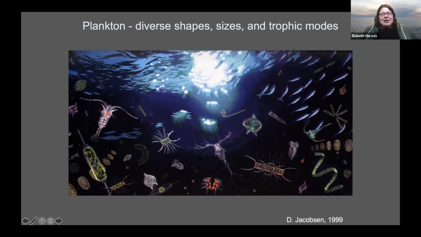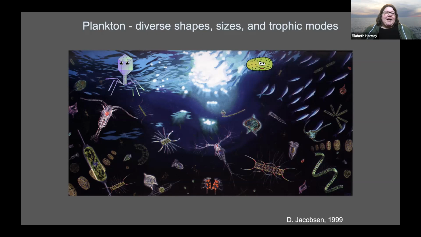Clearly we have fish and copepods and diatoms and microzooplankton. Not everything is to size in this picture, although giant copepods like this might be really interesting if they existed. I would be remiss if I didn't include in this microbial soup viruses and bacteria as well. They are also really important microbes in the marine environment.